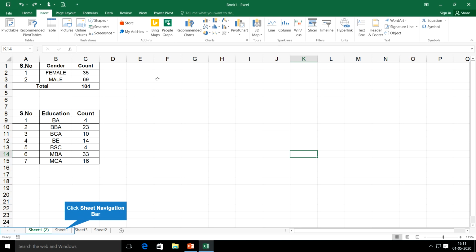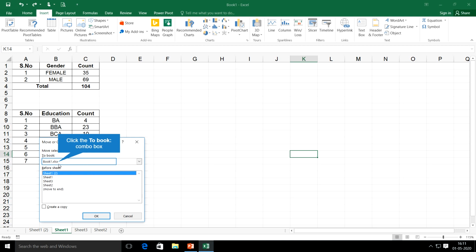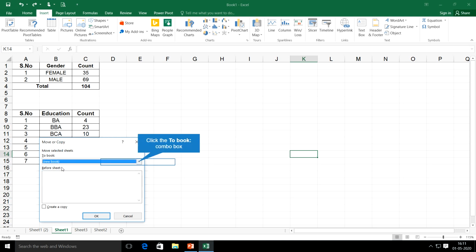I don't want to create the sheet in this book itself. I want to create it as a separate workbook. So for that, I can again right click on the same sheet, click on Move or Copy. Here I need to select new book.